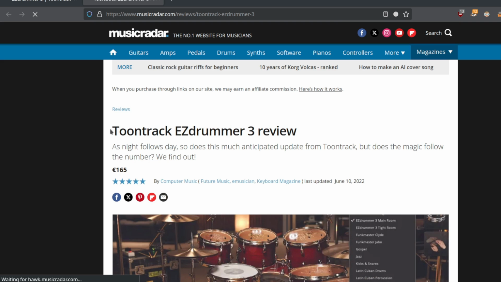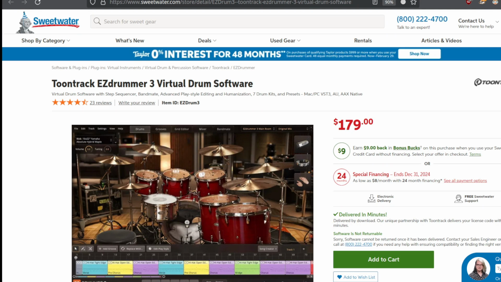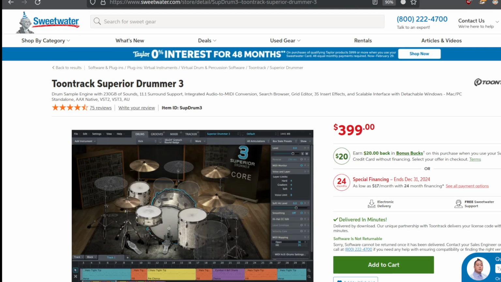But a couple of years ago, I think it was 2022 or somewhere around that time, Toontrack released EZDrummer 3. I pretty much immediately switched to that, because the next logical step from EZDrummer 2 was EZDrummer 3. And yes, I know Superior Drummer exists, but I was never really a fan of it for a couple of reasons. The first one was that Superior Drummer was always much more expensive than EZDrummer and much more complex